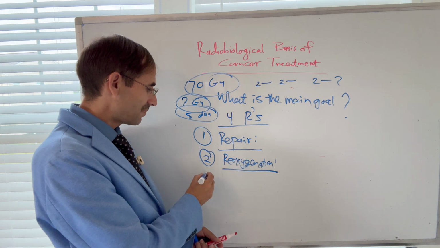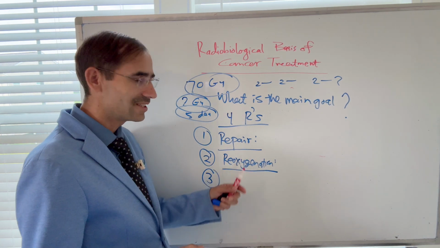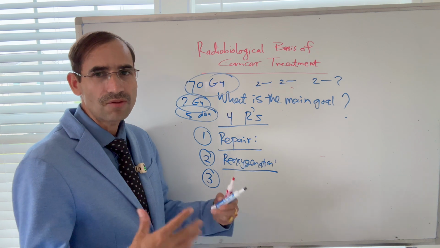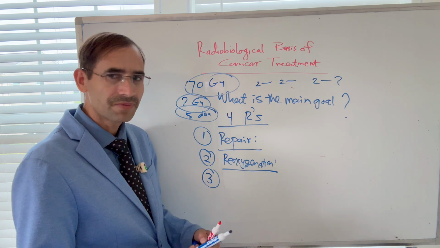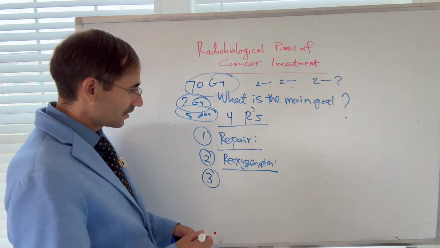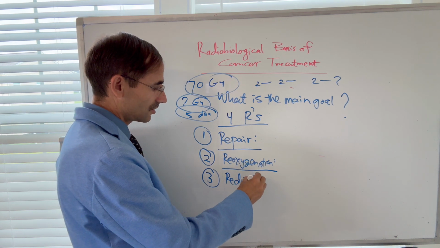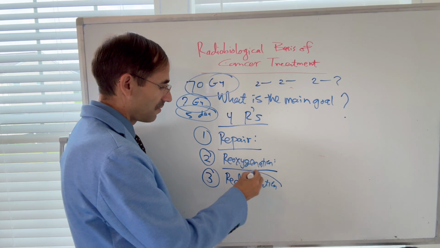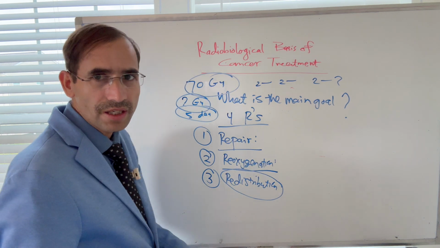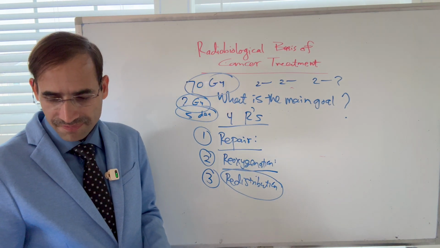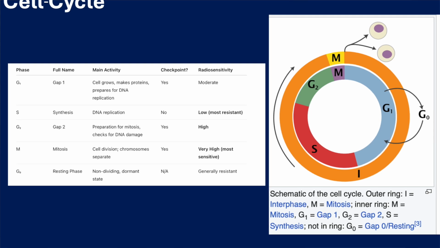Okay, you see here the effect of the oxygen, that is the oxygenation effect in radiation therapy. That is a big topic. I will come to that point since this is the first lecture. The third principle is redistribution. I can tell you here the third principle of radiobiology when you use radiation to treat the cancer is redistribution. Okay, so cells move through the